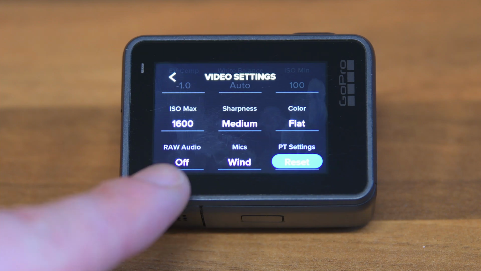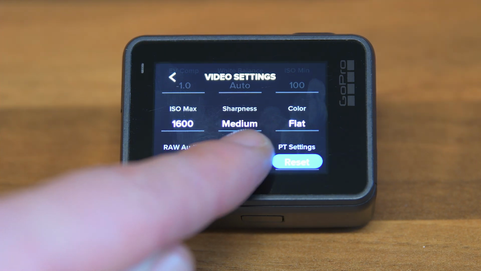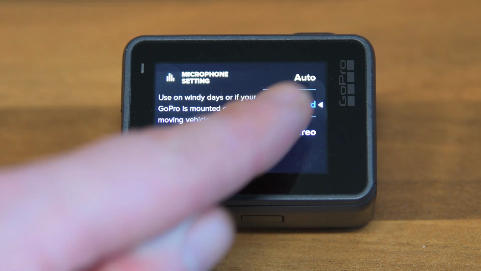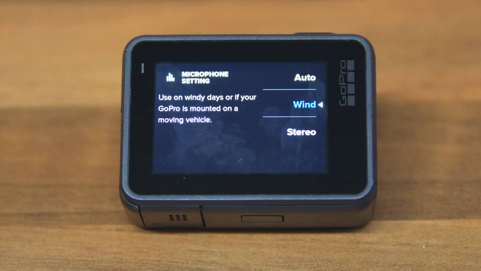So when it comes to the raw audio, I always keep that off, so that's not even an option that I go into. But the mics is a different story. I have that selected to wind, and what it will try and do with the firmware that's in there and the software updates as time's gone on, it will try and reduce that wind noise that goes over the mics. I don't think it does a particularly good job still, but it's better than auto,